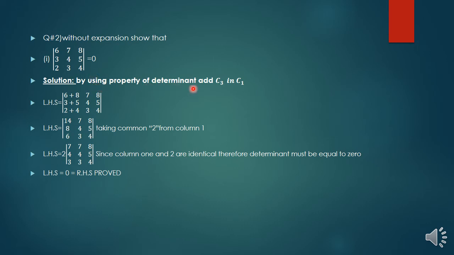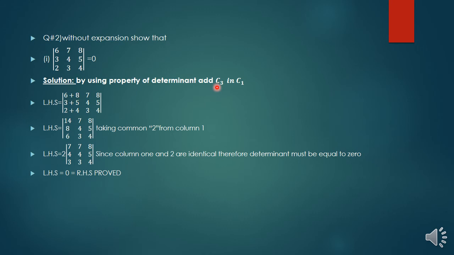So here is the solution, by using the property of determinant at C3 and C1. Student, basically we have to prove that the determinant equals 0. So what is the direct property? If any one row or any column is 0, then the whole determinant is 0. If we make any two rows identical or the same, then it directly implies that the determinant must equal 0. So if we make any two rows or any two columns equal, then ultimately we can say that the determinant of this matrix is 0.